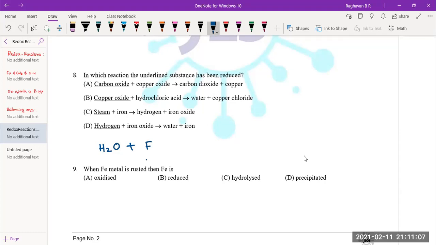In the presence of iron, actually, they have given. It becomes hydrogen. Of course, then iron becomes Fe3O4, magnetic oxide, which is not required here for us. So this is what is happening here: removal of oxygen from water. Either you say it like that, or +1 to 0, no confusion. +1 to 0 is gain of electron, reduction.